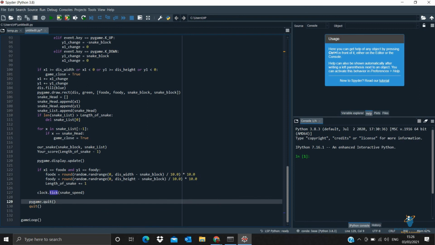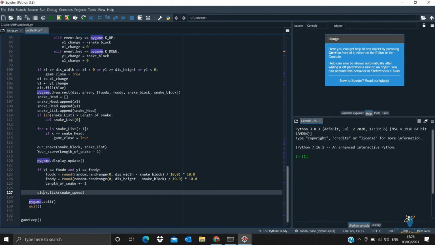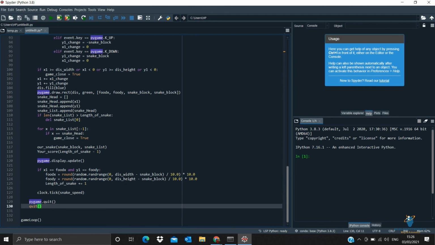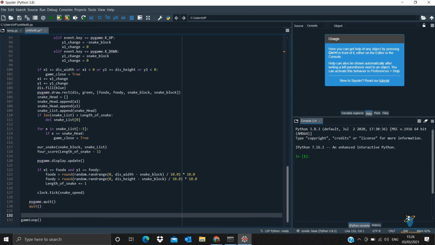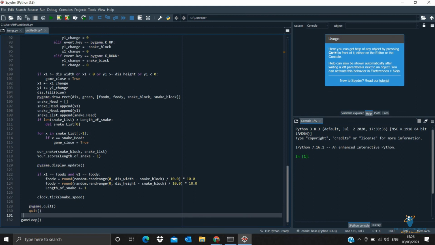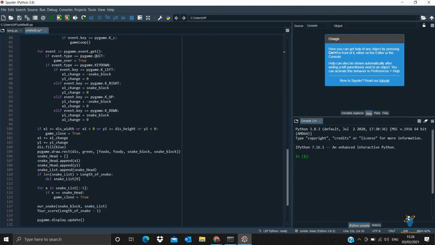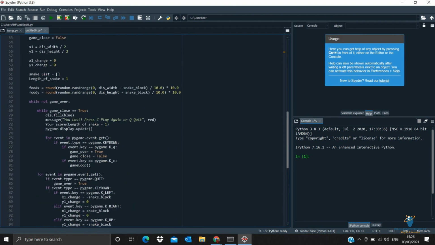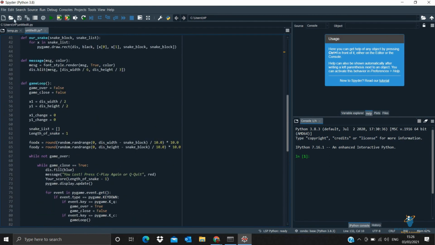And then obviously we are done with our basic coding part. We have done with the snake, the length of the snake, your high score, and the food which your snake will eat. Then we need to quit the game. With the help of pygame.quit, it will by default quit the game, and the quit keyword itself, which is in pygame, is quitting the game. And the game loop to end this whole block, to end this whole game loop.